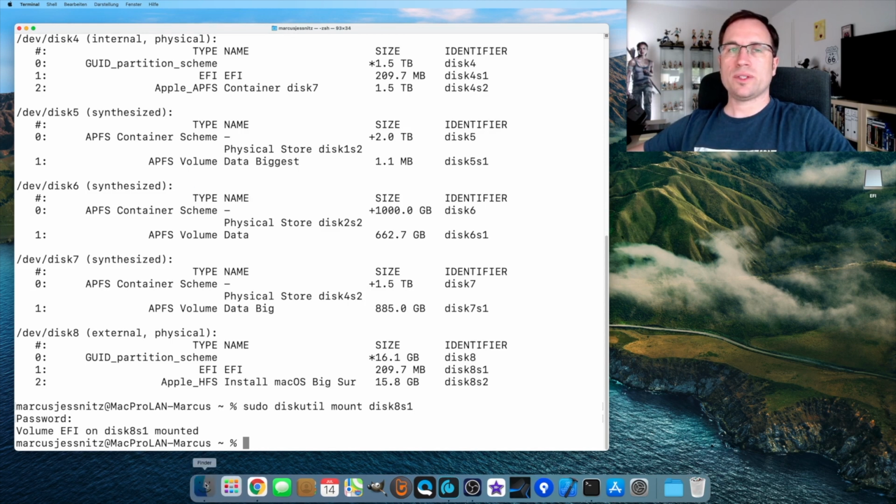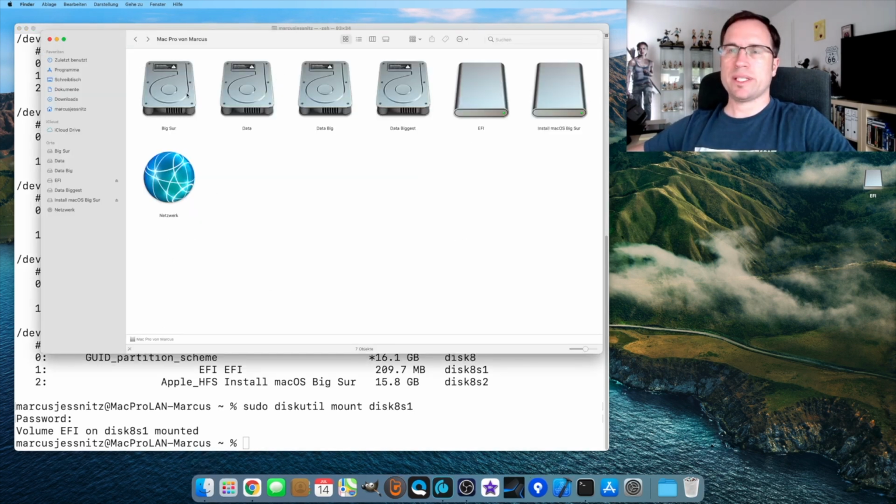And when I now go into the Finder, you see Big Sur, that is my macOS system drive, the data drives with the 1, 1.5, and 2 terabyte, the Install macOS Big Sur, that's the USB drive, and EFI. That is the EFI partition we just mounted.